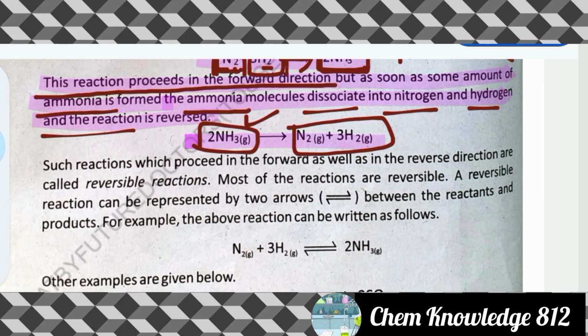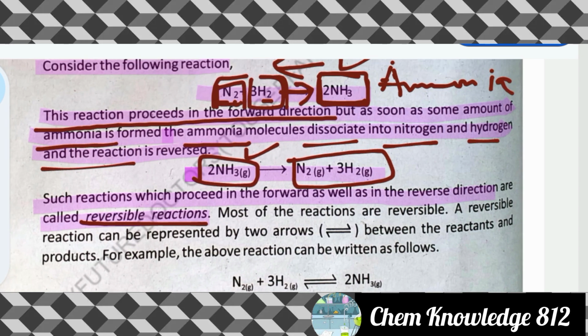So such reactions which proceed in the forward direction as well as in the reverse direction are called reversible reactions। तो वो रिएक्शंस जो फॉरवर्ड रिएक्शन में भी हो रहे होते हैं और फिर वही प्रोडक्ट दोबारा रिएक्टेंट में रिवर्स रिएक्शन के जरिए कन्वर्ट हो रहा होता है, उसको हम कहेंगे रिवर्सिबल रिएक्शंस। यानी नाइट्रोजन और हाइड्रोजन का आपस में रिएक्शन, एमोनिया का बनना और फिर उस एमोनिया का दोबारा डिसोसिएट होकर नाइट्रोजन और हाइड्रोजन में चेंज होना, इसको कहते हैं रिवर्सिबल रिएक्शंस।